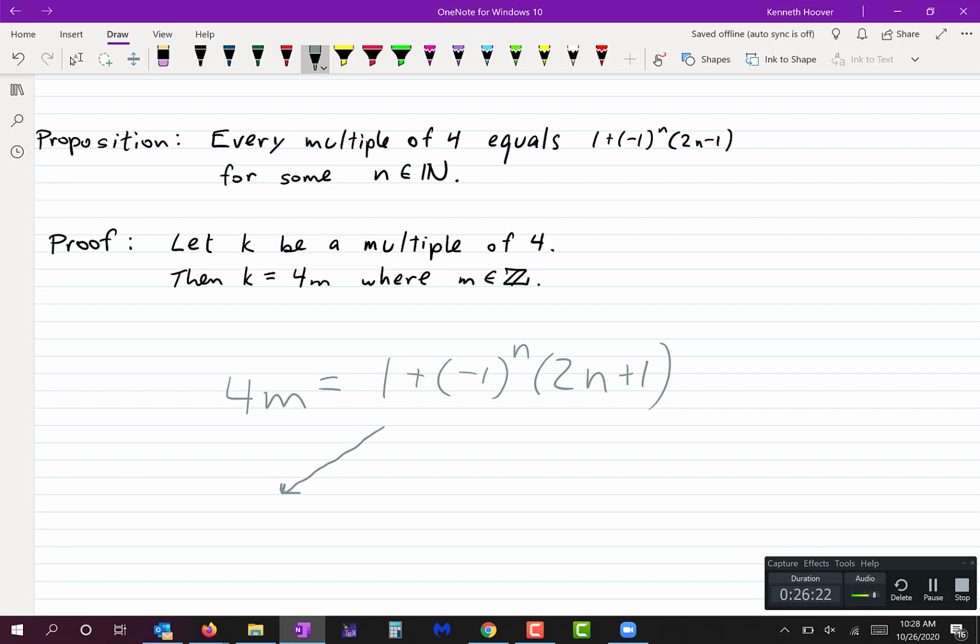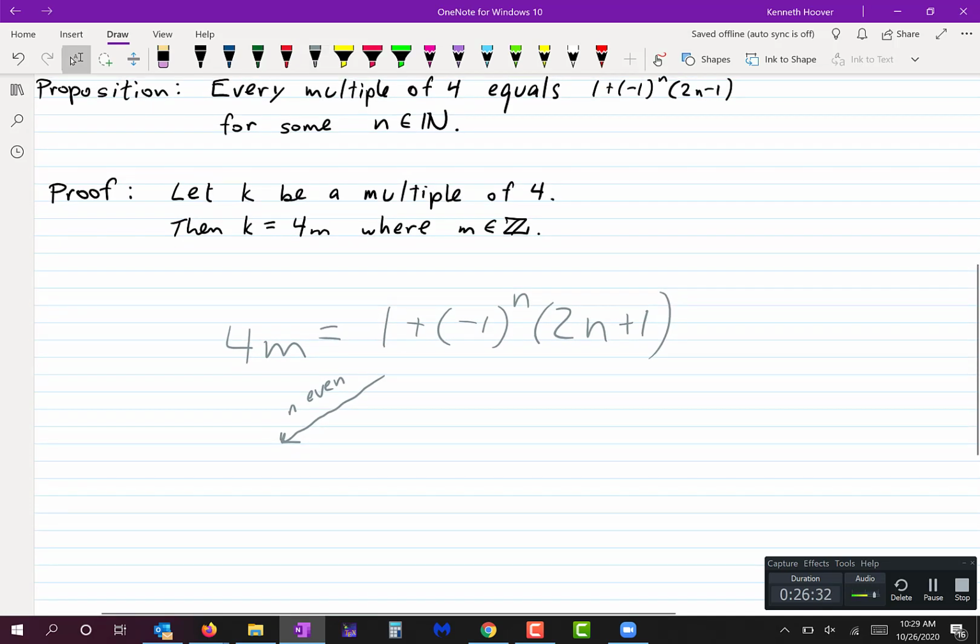But nonetheless, let's just say that if n comes out to be even, then in order for 4m to equal 1 plus negative 1 to the n, oh, sorry, again, that should have been minus. So let me say that again. If n is even, then in order for 4m to equal 1 plus negative 1 to the n times 2n minus 1, then 4m would have to equal